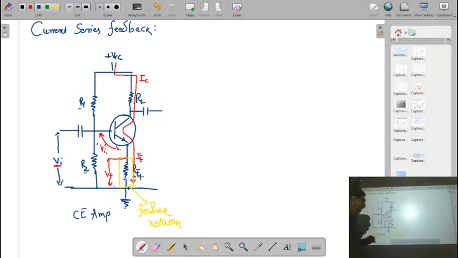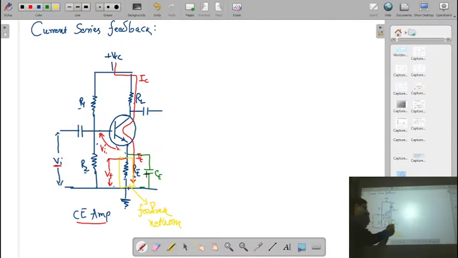Now if you remember that in a common emitter amplifier, normally we connect a capacitor in parallel to the Re. Remember. So what is the function of the capacitor? Basically in that case, that Re Ce combination is providing a DC biasing. What is DC bias? DC biasing means that it will provide a proper bias voltage between the base and emitter, so that the collector current will remain stable.